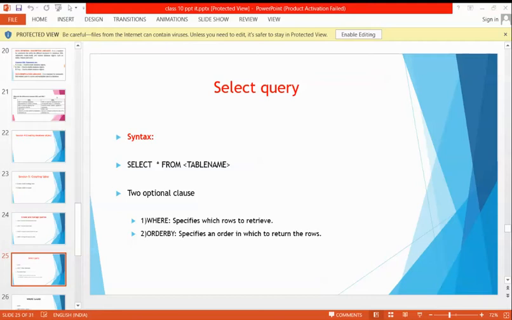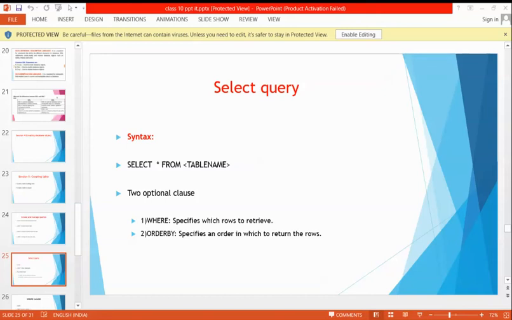So I'll go here. Why am I writing this select query? Because I want to fetch the record from the table. I want the whole record from that customers table. So I am writing a select query. I'll write here select star from table name. Table name you have to write in double quotes. As customer, C is capital over there. So as it is, we have to write, and finally give a semicolon and press F5 to run the query.